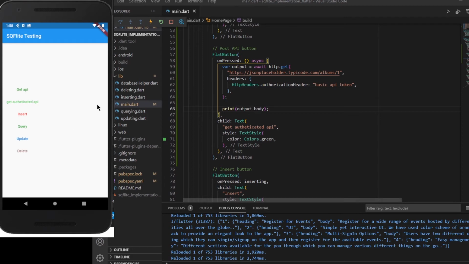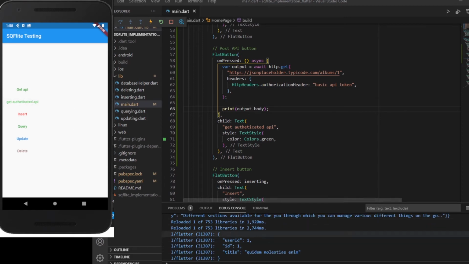So let me click on it. When I click on this button, it is taking some time, and after which it is displaying us an output. So here is an output. This is the output which we will be getting from this API, and we have seen how we can pass different authentication things inside our API, and how we can make our API work by adding an authentication part to it. So in place of it, you can pass your token, whichever you are having, which will make your API run. So this is how you can do this.